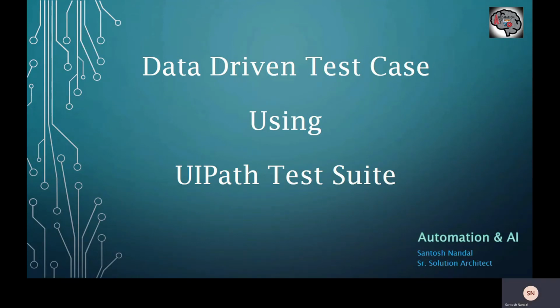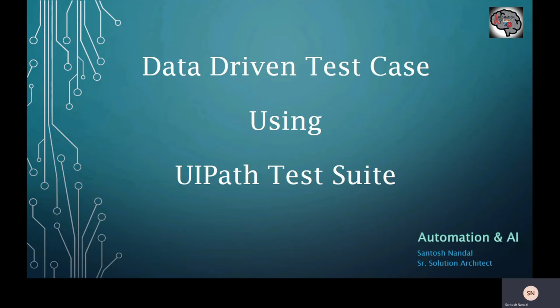In the last session, we saw how you can build test cases using UiPath Studio Pro. Today, we will learn what data-driven test cases are and how you can build them using Studio Pro. The main difference between a test case and a data-driven test case in UiPath Studio, the test suite, is that a test case has only one data scenario, and in a data-driven test case, we have multiple data sets in a data file to test the workflow.